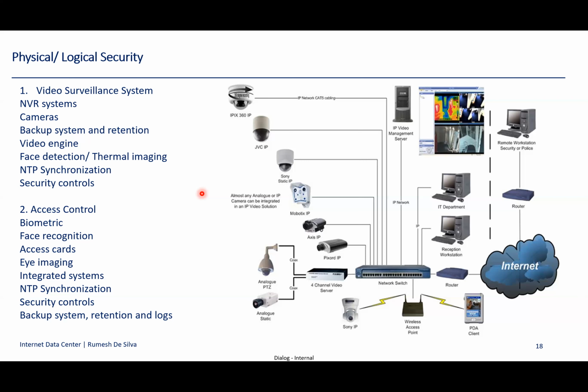And also NTP synchronization I talked with you about, and all security controls should be applied for the access control system as well, because it's a really important system. We should apply minimum baseline controls, and also all applications we should scan with some kind of tools, right? And a vulnerability assessment test we have to do,